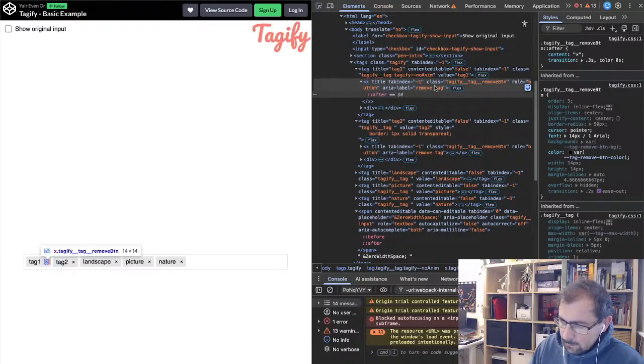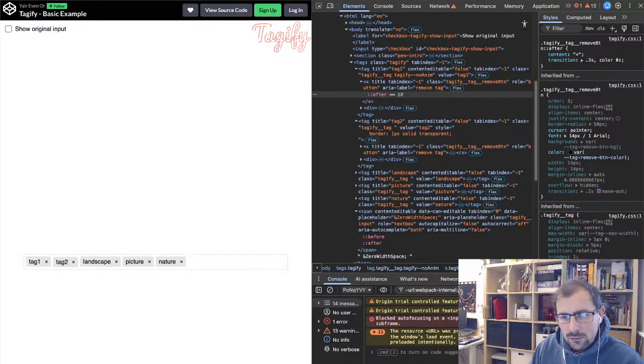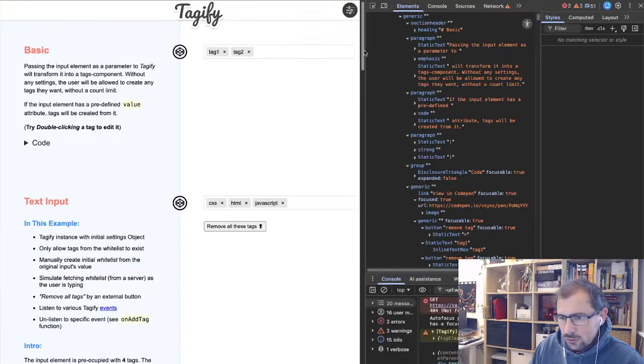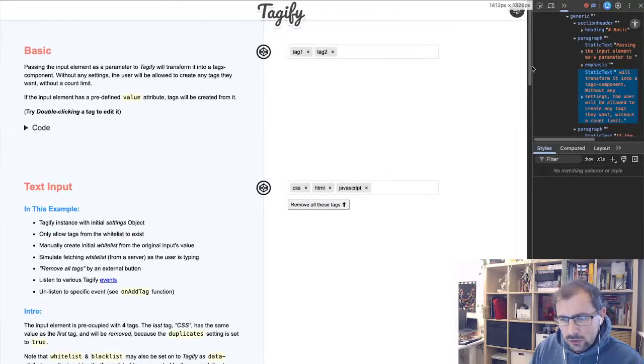And yeah, I think I'll leave the testing there, see if I can find on the Tagify repository if some of those things might have already been reported. And yeah, if so, add more information to those threads. And probably actually move on to a different library yet again, because this is just not